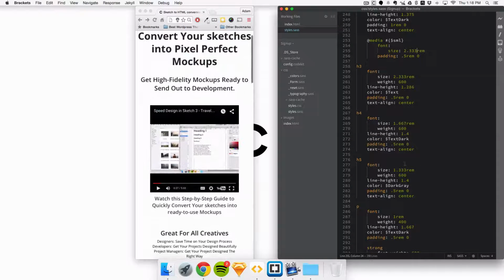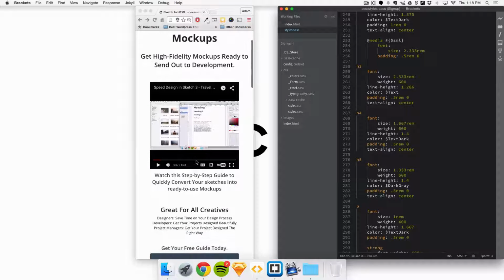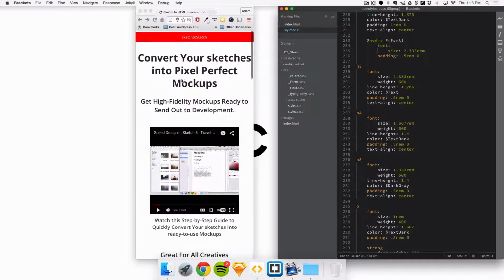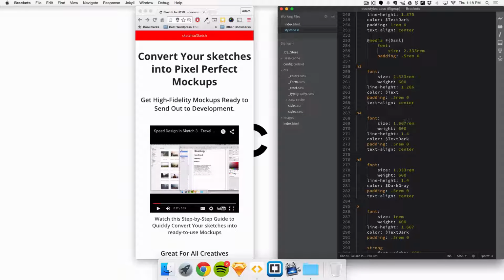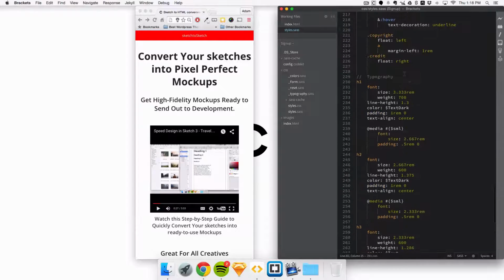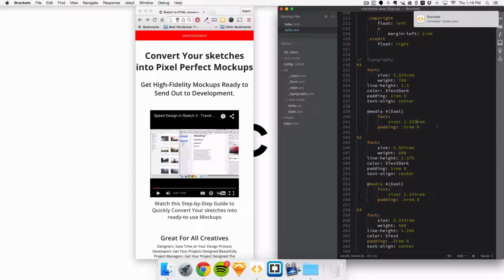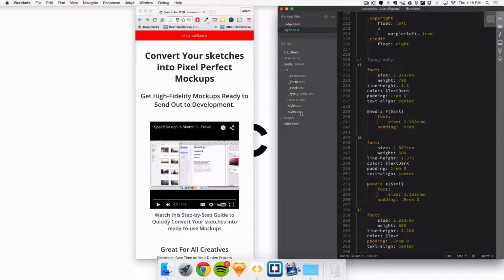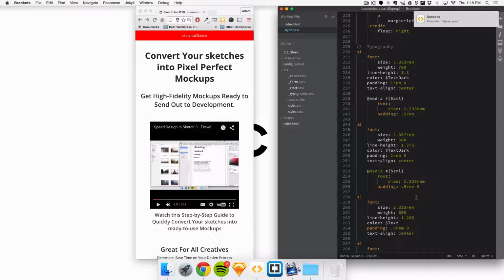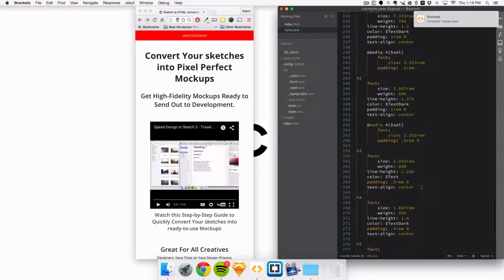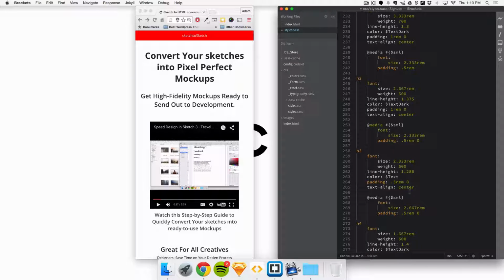H5 is fine, everything else is fine, it's just the huge ones. So we can drop this down a little bit more. The H, let's do 2.33. Much better. And we need to add some padding. Perfect. H3 is also in need of